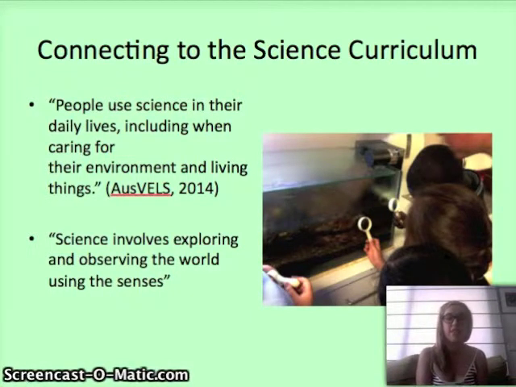And having discussion when taking photos of the connection to science as well. So making that comparison of, oh, that tree is so beautiful and big, well, what animals would live in there, and why do you think the park's been designed that way? And science involves exploring and observing the world and using the senses, so provoking them to discuss what they've seen, what they've heard, what they've smelt, what they've felt, and then also thinking about how it makes them feel to be in this environment is a scientific exploration of an environment, and also looking at the beauty and connecting it back to